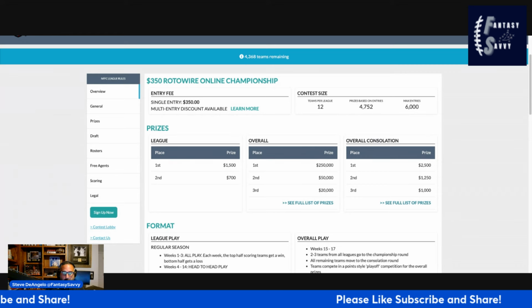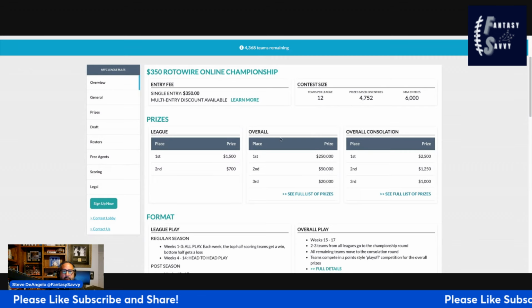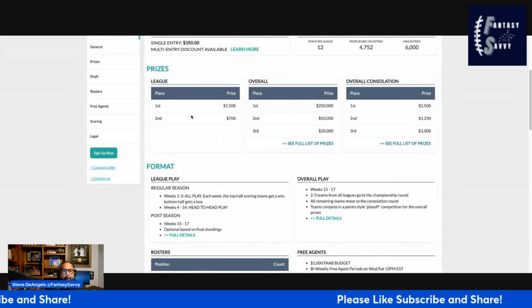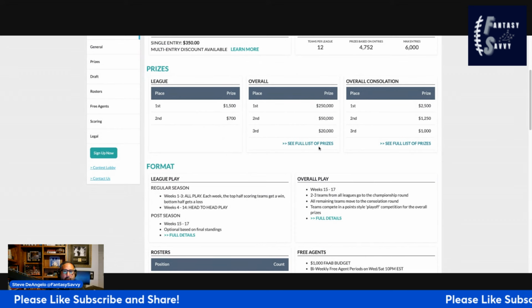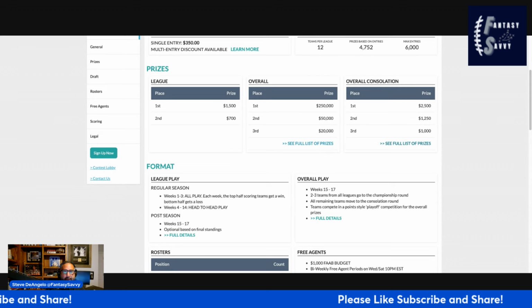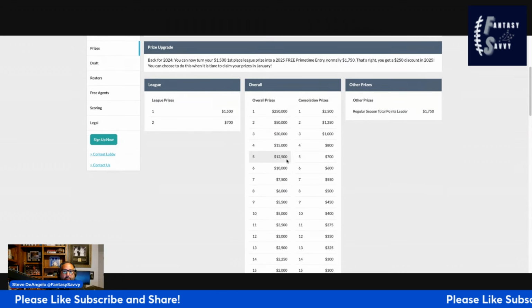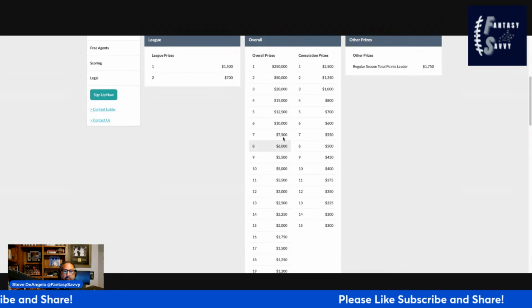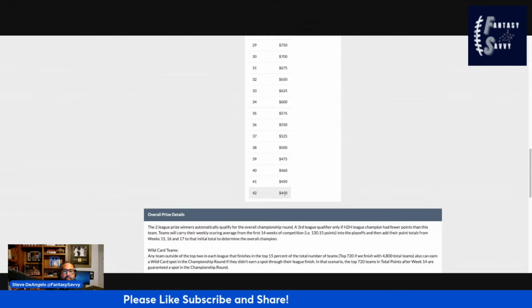4,752 entries. Sorry, I said 1,800. Max entries is 6,000. 12 team leagues. First place in the league is $1,500. Second is $700. Overall, we have first place $250,000, second $50,000, third $20,000, fourth $15,000, fifth $12,500, sixth $10,000, seventh $7,500, eighth. So you can see the list down here. It pays all the way down to the 42nd spot,